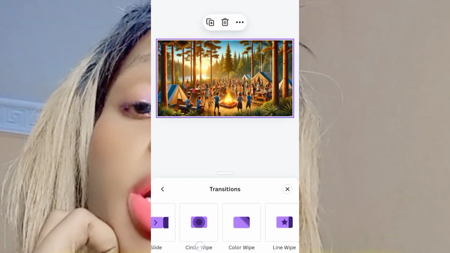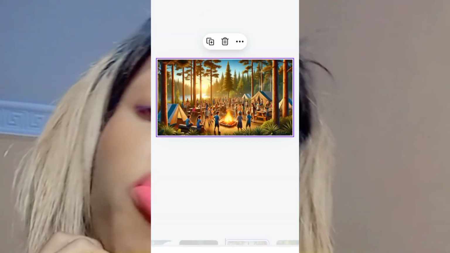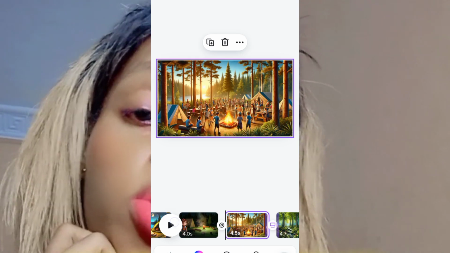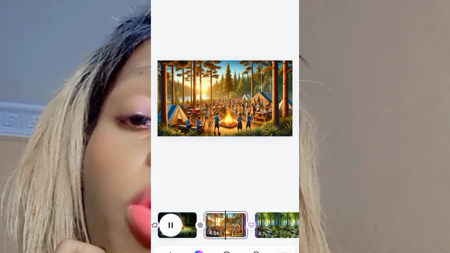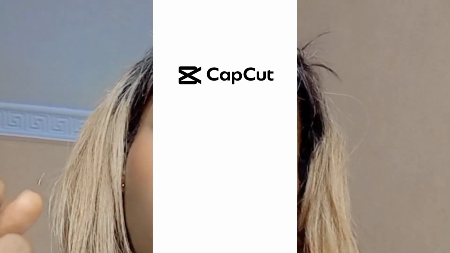This is transition, how you want it to be transitioning. That is how it's going to be showing while telling your stories. So this is what we're doing. The next slide. Then you keep filling in the photos until it's completed. Moving on to